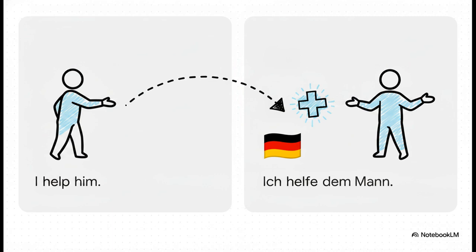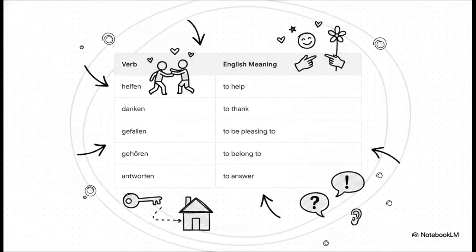Germans think of this action slightly differently. They don't conceptualize helping him directly. They think of giving help to someone. Because that help is flowing to a recipient, the verb helfen always uses the dative case. Plot twist, right? Because of this quirky plot twist, you have to memorize a short list of essential A1 verbs